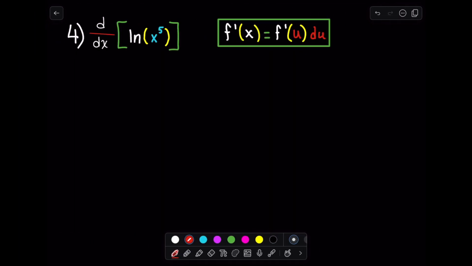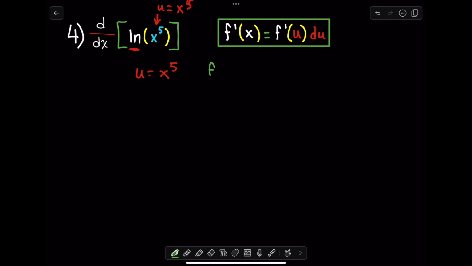Moving on to our last problem, maybe pause the video and see what you think you would define u and f of u as before I go ahead and solve this one. So like the previous problem, when we have a natural log in the given problem statement, the inside of the parentheses is always going to be what we define as u. So u equals x to the 5th, f of u equals ln u,